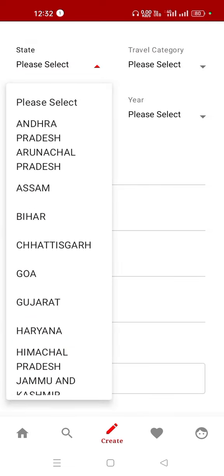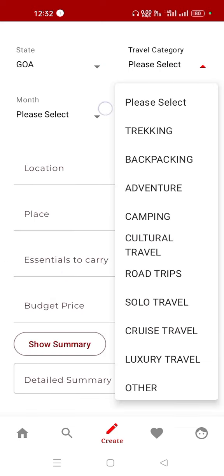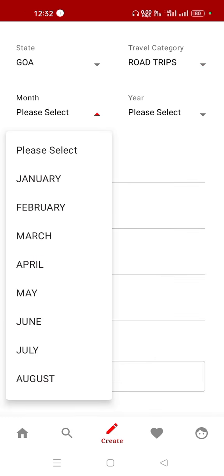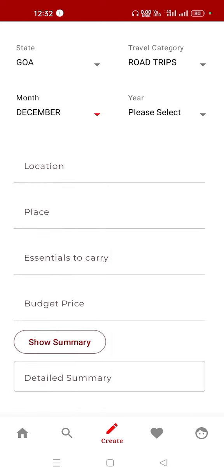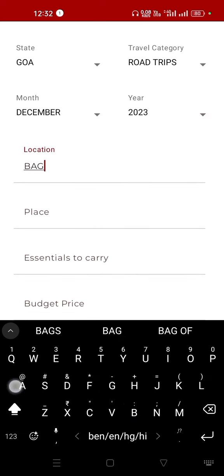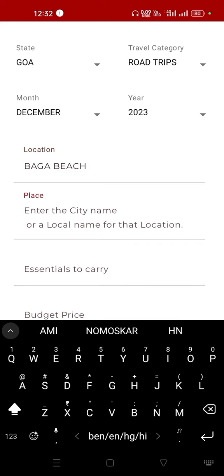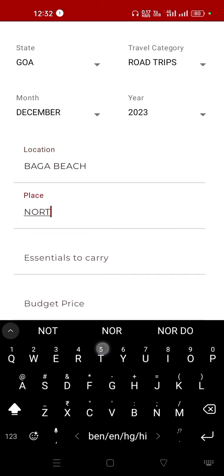Select the state. So recently I visited Goa and the travel category was road trip. Now the month was December and year was 23. Now for location we'll enter Baga Beach, and for place North Goa. Okay,